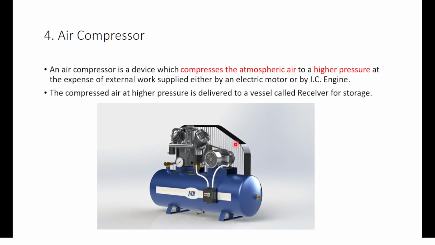So this kind of arrangement you may have seen in the shops of, we can say, puncture shops, right? This blue color tank is nothing but a receiver for storage, and these two cylinders having fins are nothing but a compressor, and this compressor is run, or moved, with the help of an electric motor, which is nothing but a prime mover. There is a provision to read the pressure inside this receiver. This arrangement over here is used basically for cooling these two cylinders.